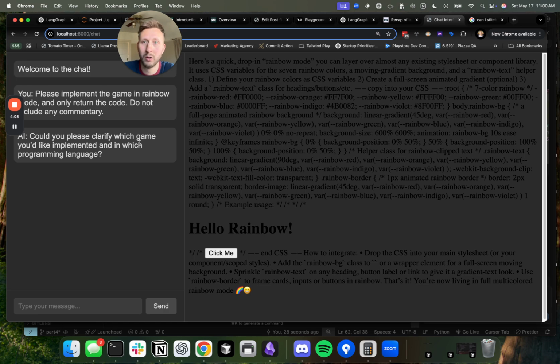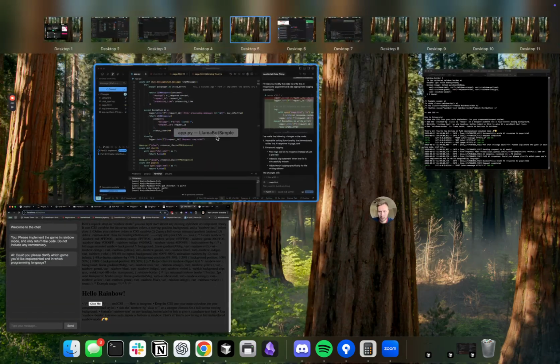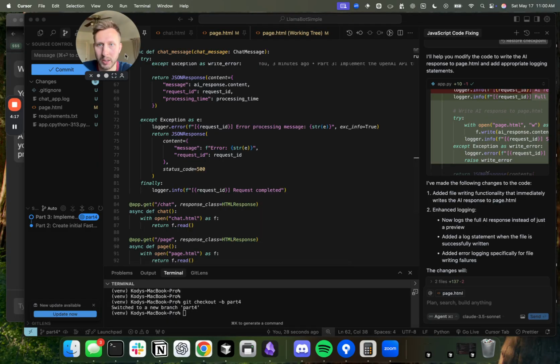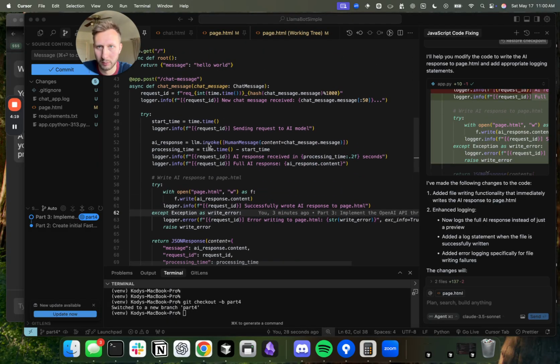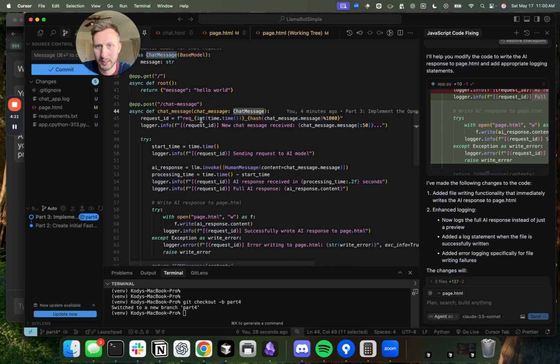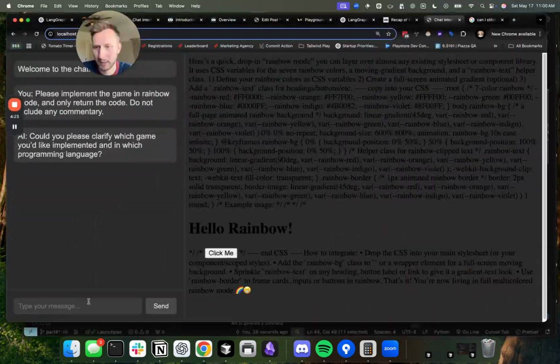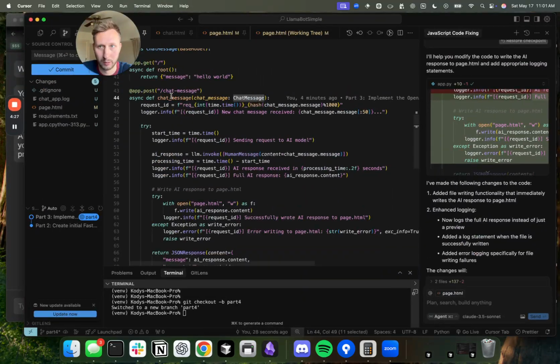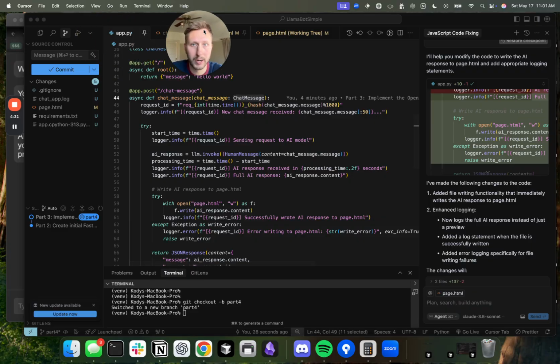So I'm being a little bit intentionally naive here. There's a couple things. If you think about what we actually have so far, when we send the message in to the large language model, all it does is take the message that you type and send it in, and that's all the large language model can see. So it doesn't have any message history right now. It doesn't have any context. It doesn't remember that we were just barely